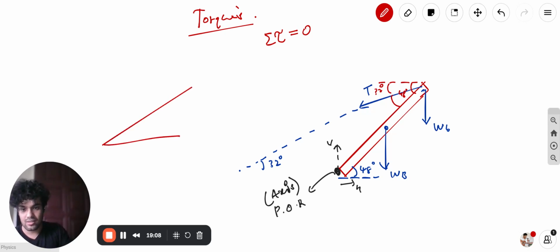Confusions? See, this was 48. This was 48. And this was the tension force. Okay. This was the tension force. Yeah, that was a tension force. And this is 32. So this entire thing,